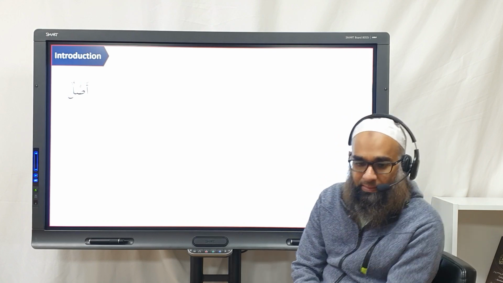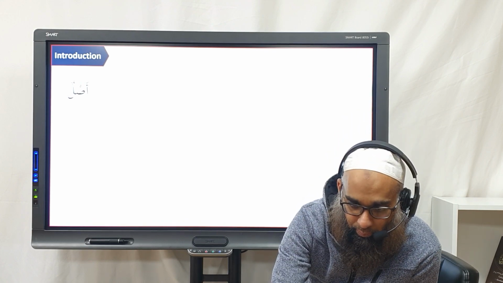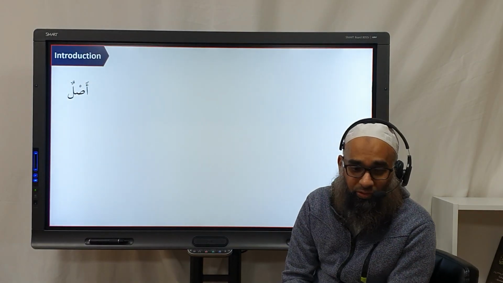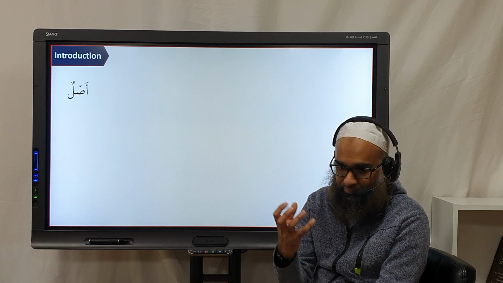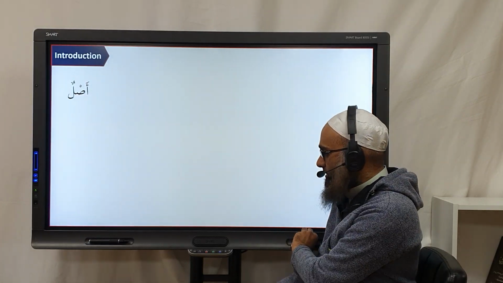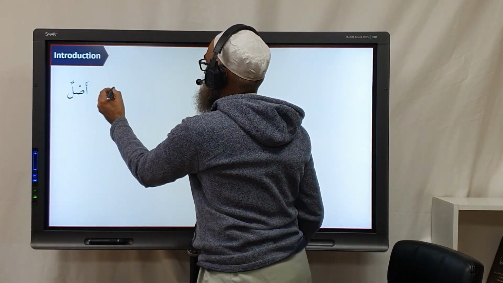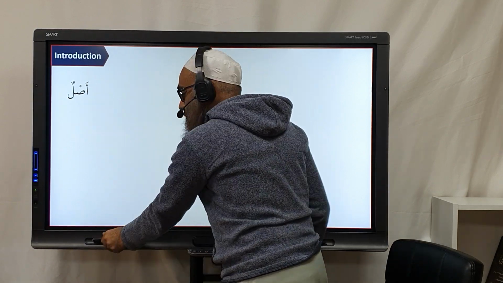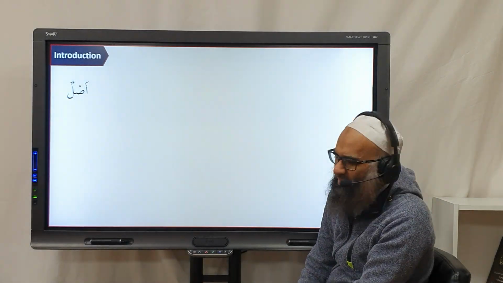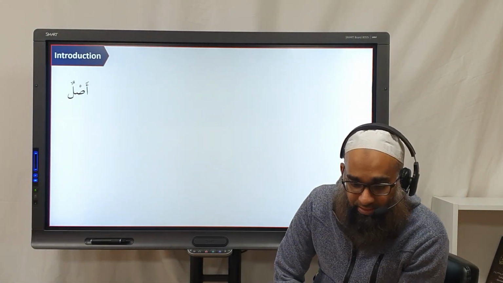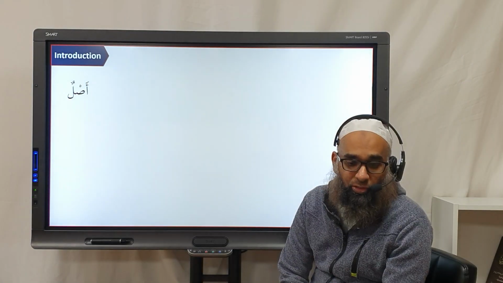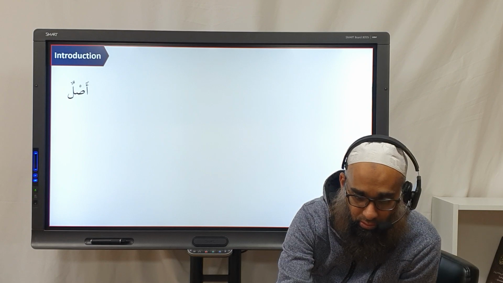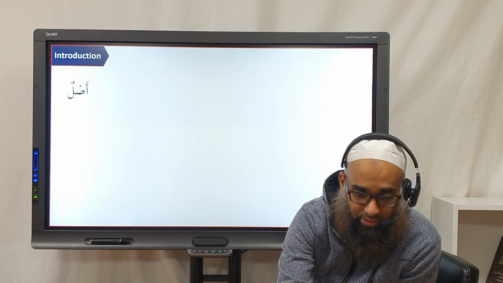Okay, so before we move on, we have to understand, well, what is this science actually? What's the name? Usool Fiqh. So the word aslun, what does the word aslun mean? Aslun means root, a source. It has many meanings. Here it means root, it means source, and you can say rules. We translate this as rules. And the plural of aslun is what? Usulun. So aslun is singular, which means root, rules, qawaid, principles.